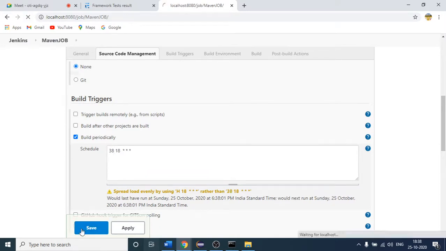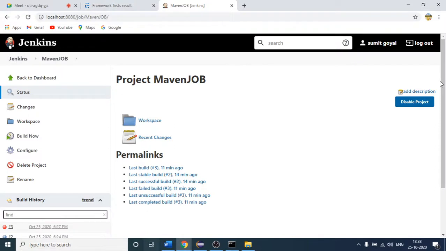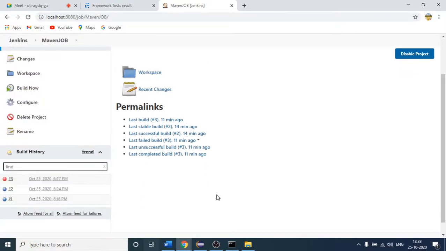So automatically you will see all your test cases will run here. So 6:38 is the time. Okay, so it should trigger. So let us wait for a few minutes for that minute to be over. In between it should trigger. Okay, I should have given 6:39 maybe. Okay, let me wait.